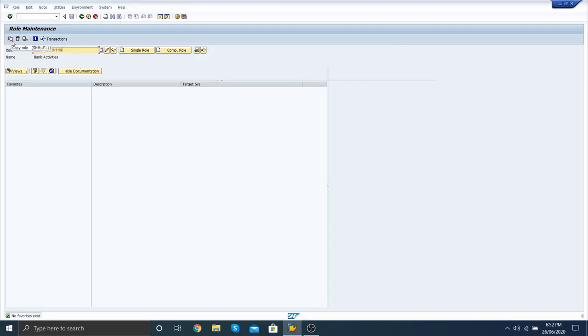Here are different types. Copy type: if you already have a role and want to copy from one role to another role, you can change from here.